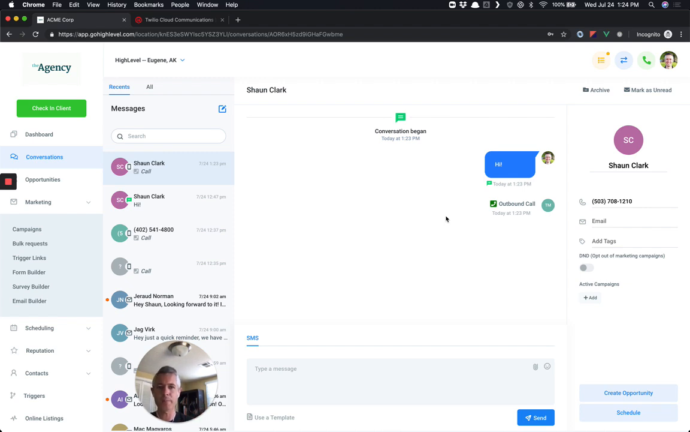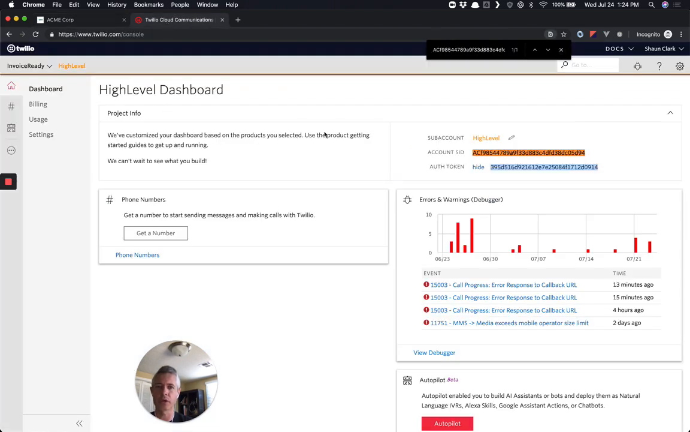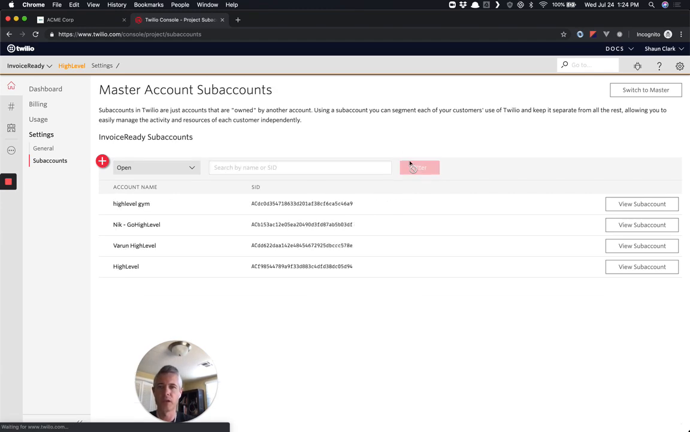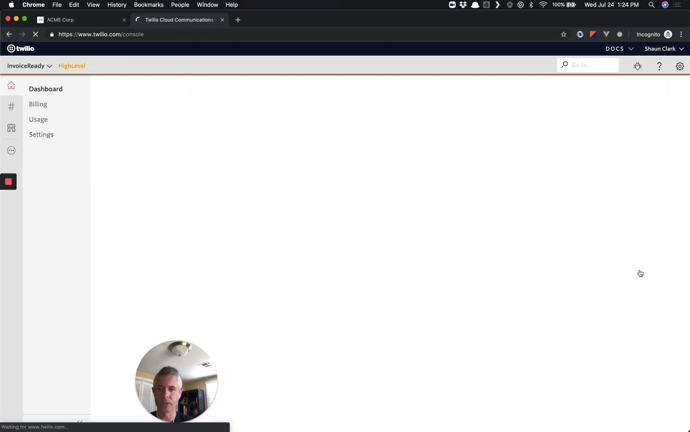So now what happens if you perform that test and it doesn't work? Well, the next thing you want to do is go into Twilio, go up to the top right-hand corner, and go into sub-accounts. We want to find the sub-account that matches our client's account so we can see what the call logs look like. So if we go in, we'll find their account, hit view sub-account, and then this time we're